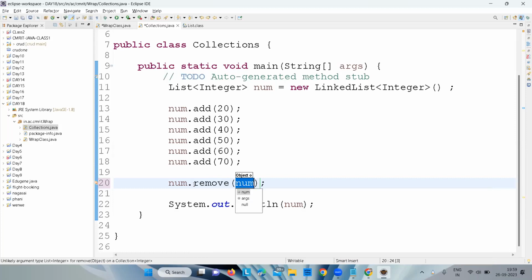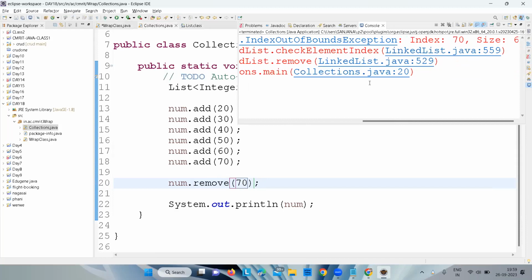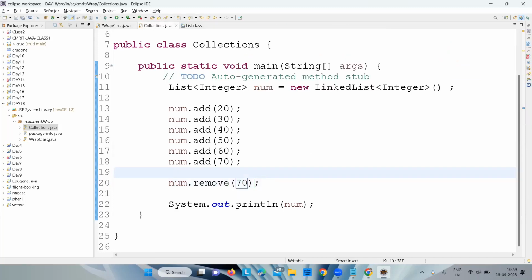If we provide some object here, 70, it is not working here. Okay, just remove. If I say